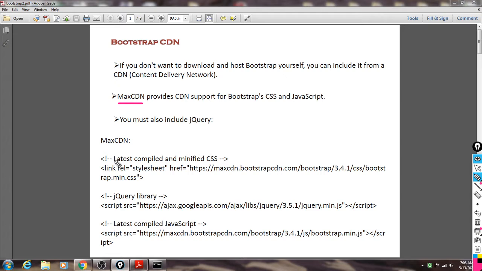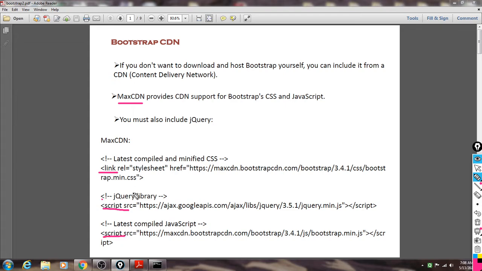Here we need to link these sources in our HTML script. What type of sources are required here? The first one, for CSS, we should include this link. Then for the jQuery library we should include this link, and for JavaScript we should include this script.